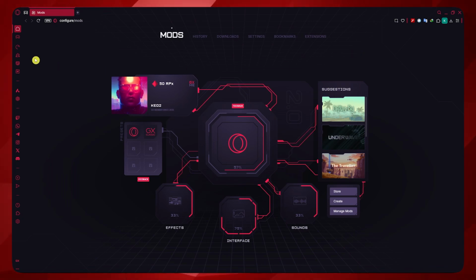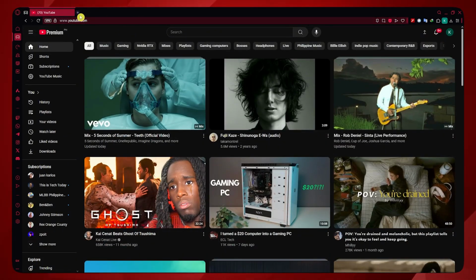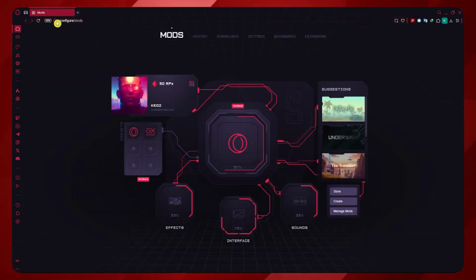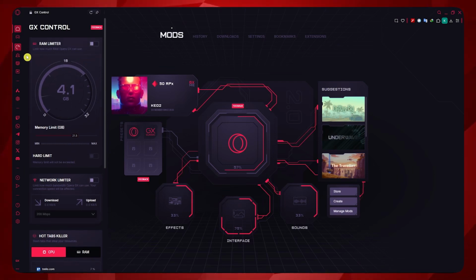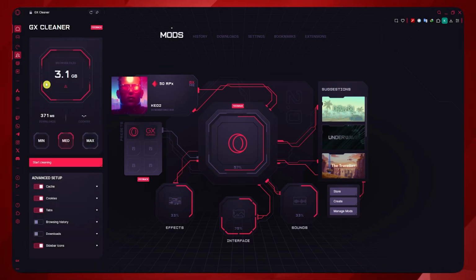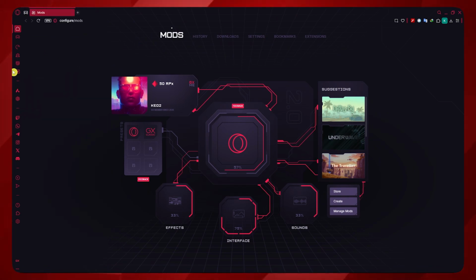So first, I recommend that you enable the sidebar here, because the tools or features in here are very useful if you use Opera GX. So you have your workspaces right here, basically like tab islands wherein you could group different tabs so that you'd have a different group of tabs for different purposes. And then you have this one, GX Control, where you could limit the resources that Opera GX is using. And then GX Cleaner to clean your trash files, some shaders, and then mods right here for the FX in Opera GX, and then your quick access to the AIs, and then your messaging platforms, Twitch, WhatsApp,